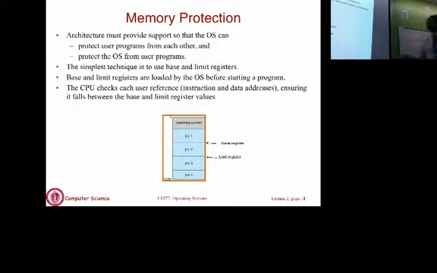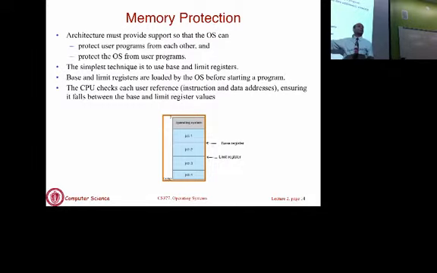Where is it laid out in memory? What's the start and the end register? What was the instruction pointer pointing to before we suspended execution of the process? All of those values are stored in a data structure that is stored in the kernel's address space. So when the kernel decides job 2 is going to execute, it first has to load the right base and limit registers for job 2 before it executes.